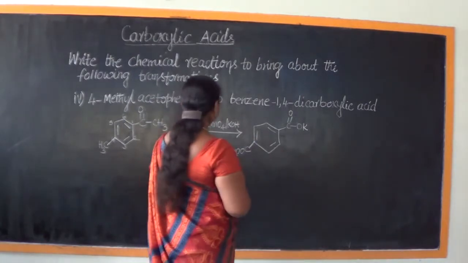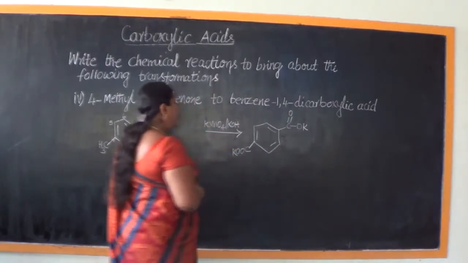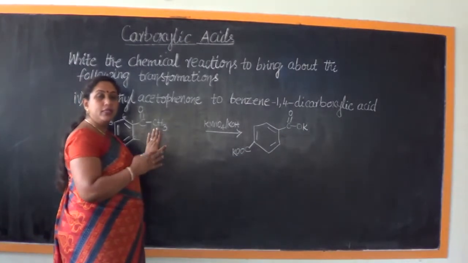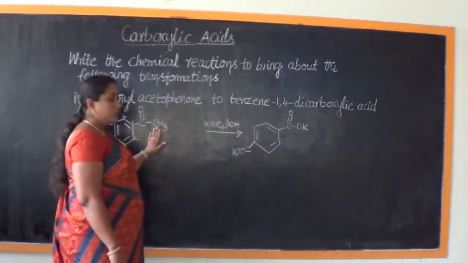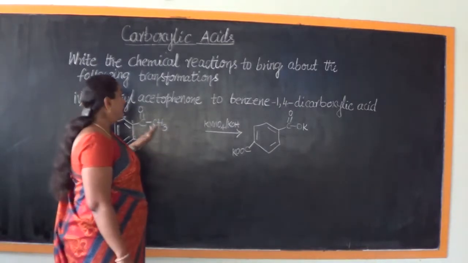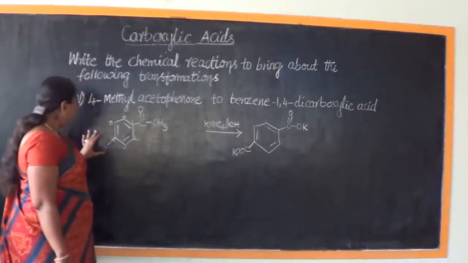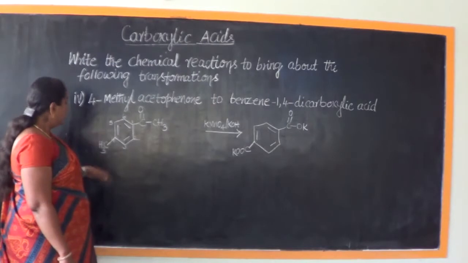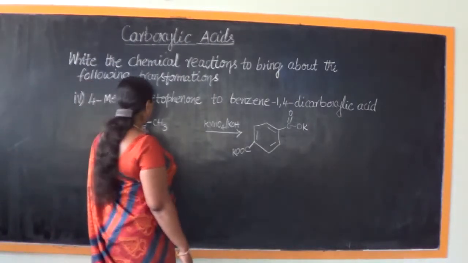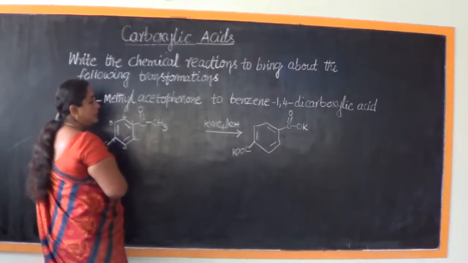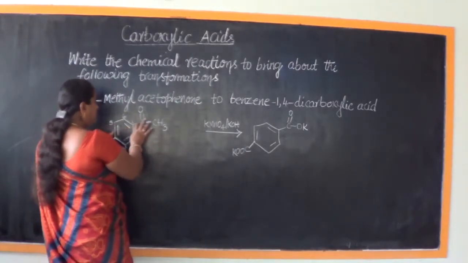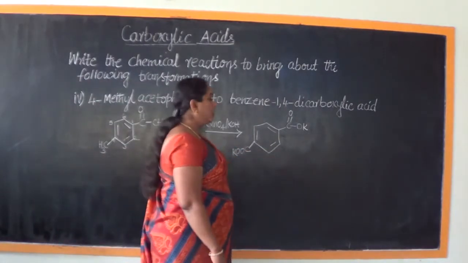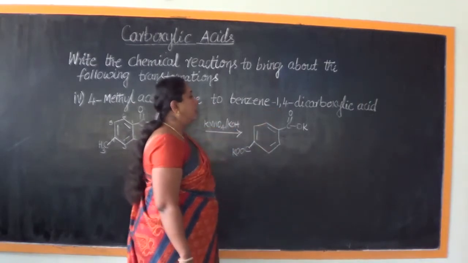So what are the other associated products of this conversion? We see that CH3 will get removed from here and goes out as CH3COOK, and then what else do we see? Here this carbon will be there and this would be getting removed as molecules of water. Now the major component of our consideration is only the benzene ring with these two side chains. What is happening to these carbon atoms? How will we be able to convert that into 1,4 dicarboxylic acid?